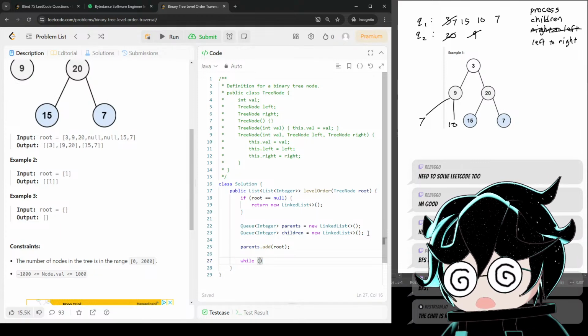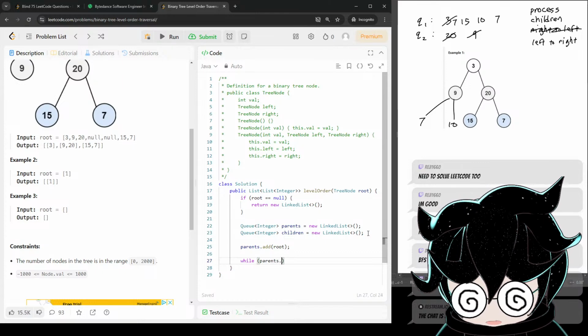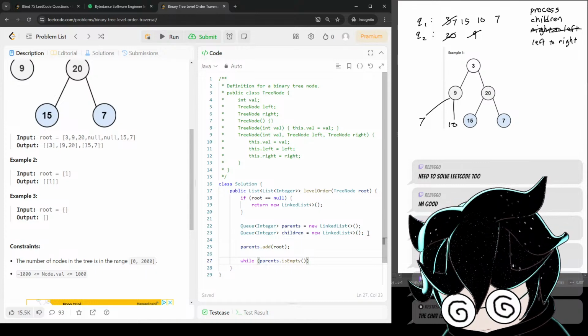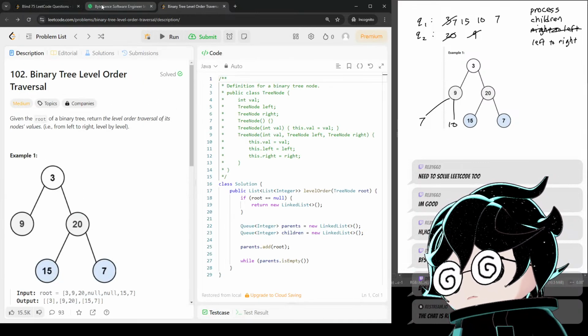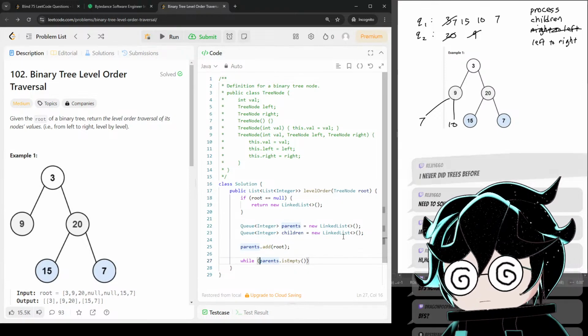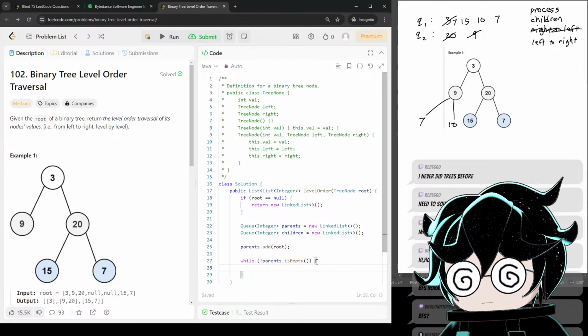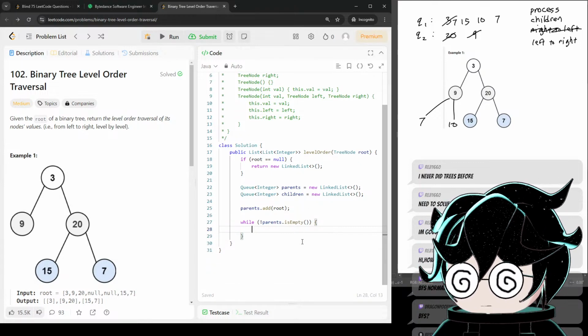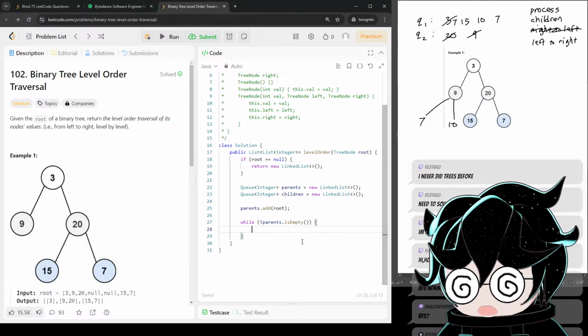I don't know what the stop case will be. Maybe while parents not empty. What the heck happened? While parents is not equal to empty, keep processing. Okay. So